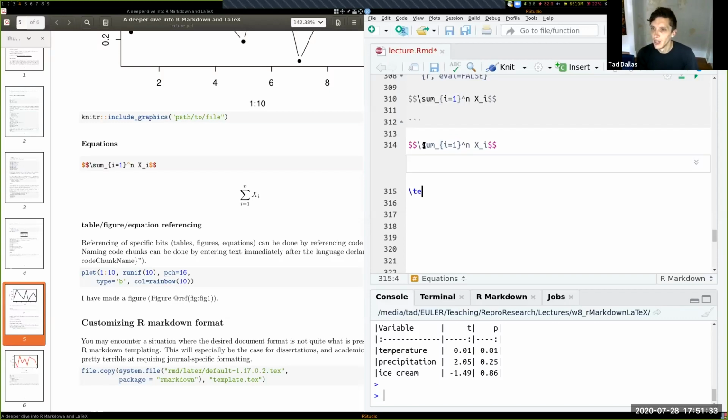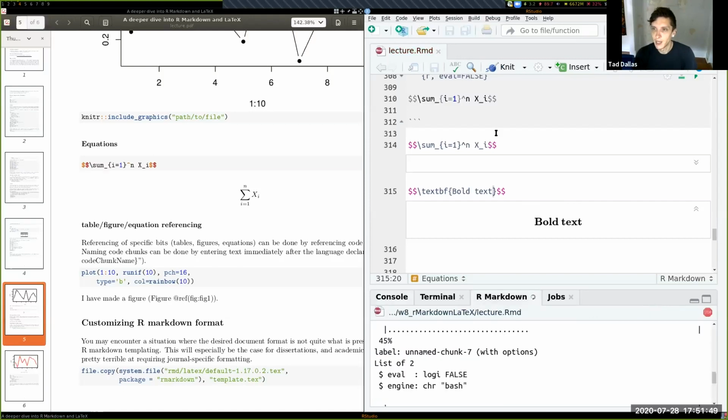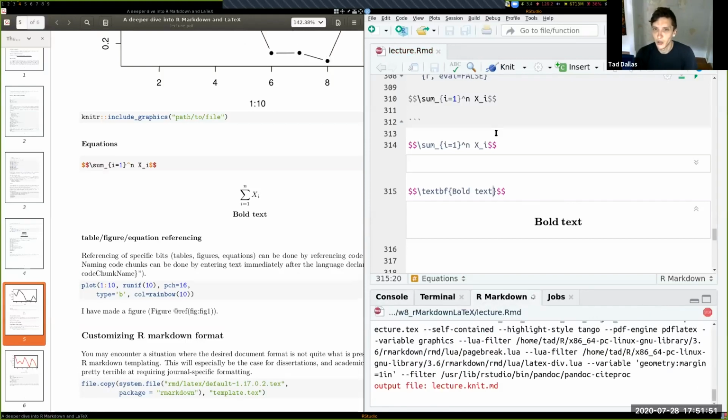And that's how you'd make something bold text. And we can use an example of implementing this in our Markdown. So that's just calling LaTeX. And let's see what it looks like when it's knit. It might do something weird with centering it or something.